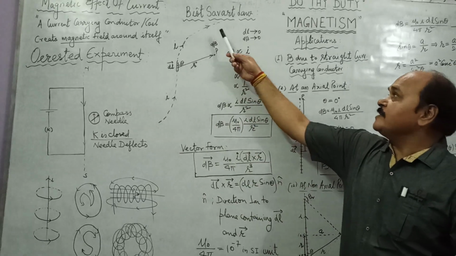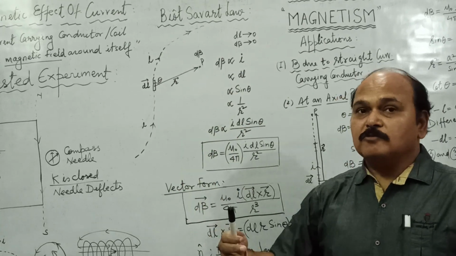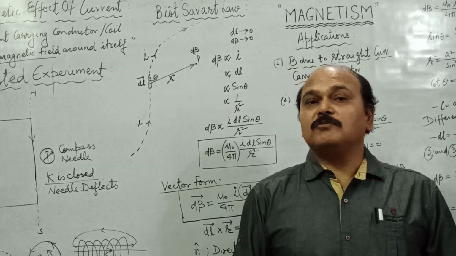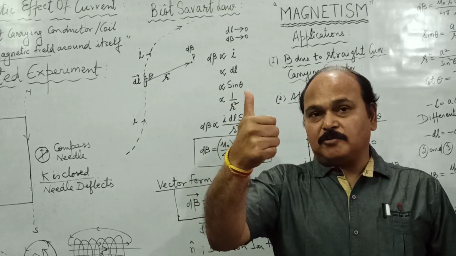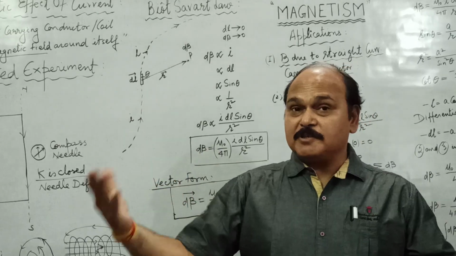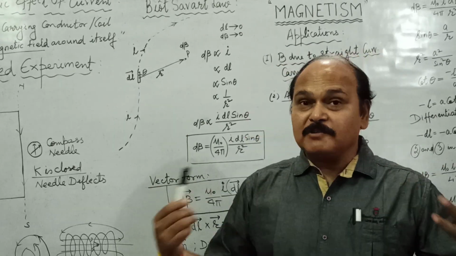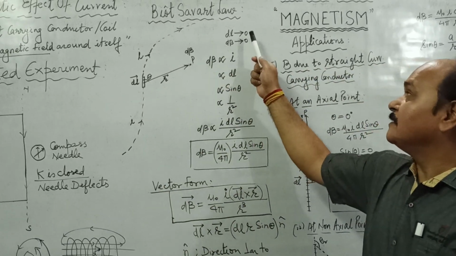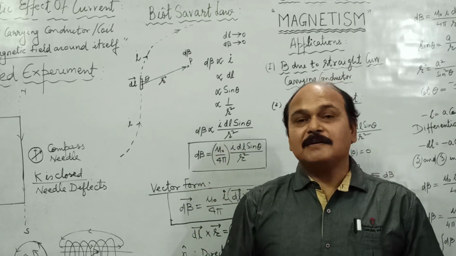Now, we have another very important law, the Biot-Savart law. So far, we know the direction of the magnetic field due to various shapes of conductors. And for that, we recapitulated two laws. Number one was Fleming's right hand thumb rule. And the second was Fleming's right hand palm rule. So we are in a position to find out the direction of the magnetic field due to various shapes of current carrying conductors. But what is the value of the magnetic field? We do not know. And for that purpose, we have the Biot-Savart law. The purpose of the Biot-Savart law is to find the magnetic field due to any shape of current carrying conductor.